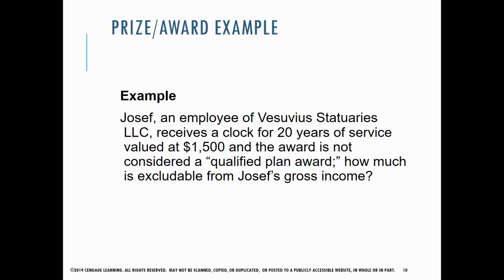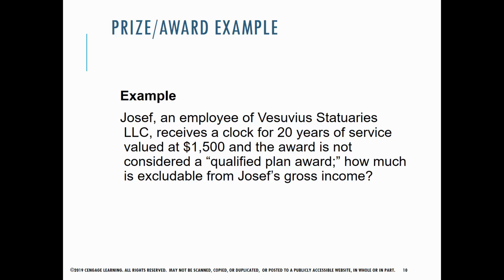Okay, Joseph is an employee of Vesuvius Statuaries. He receives a clock for 20 years of service valued at $1,500. The award is not considered a qualified plan award. How much does he get to exclude? $400. Okay, so $1,100 of that clock is going to go in his income,